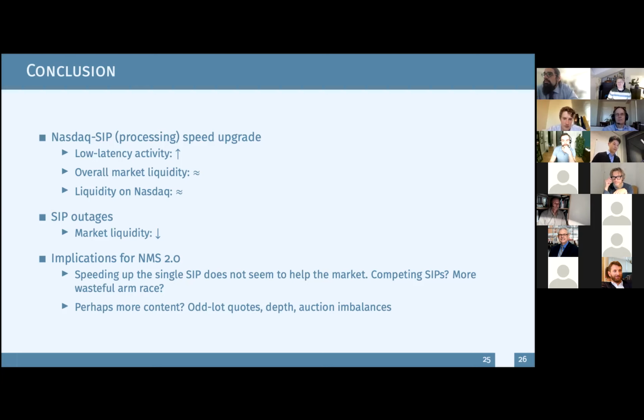Yeah, there's one event which I don't include in my analysis. There was a so-called flash freeze on Nasdaq that happened in 2013. That's when there was also a SIP outage, but maybe they thought the SIP outage was so big that there was no quick fix. So they shut down the trading for all the stocks that day because the SIP was not available. So I would say that if the situation really prolongs to hours, I think the best solution would be just to shut the market down.